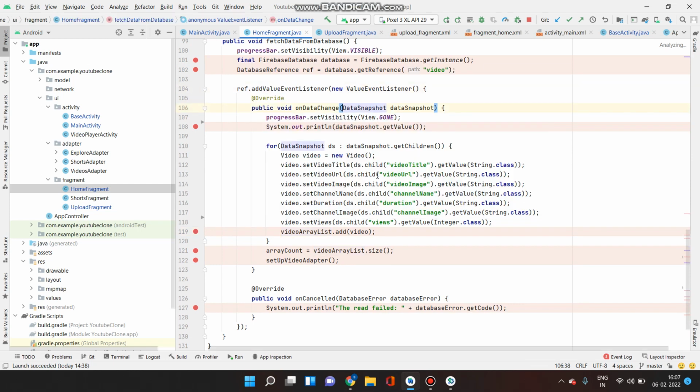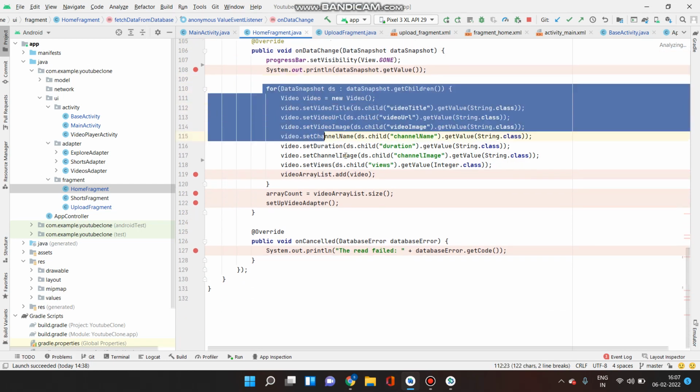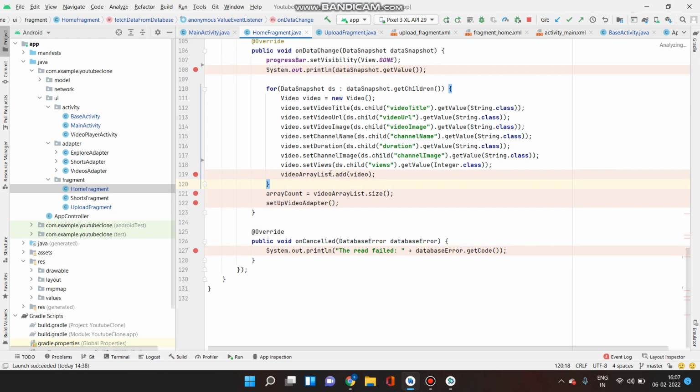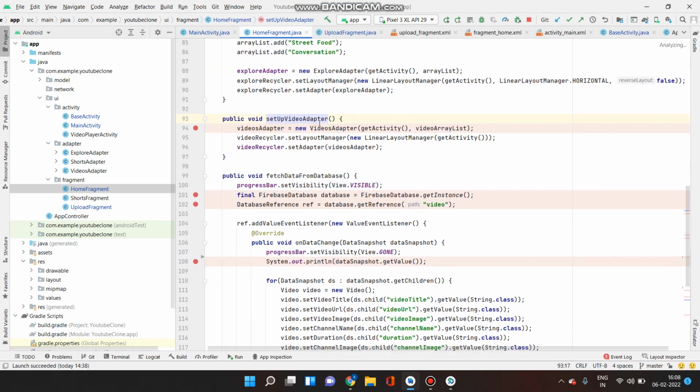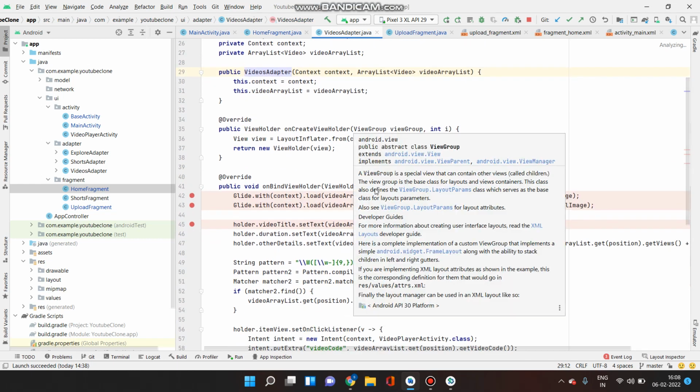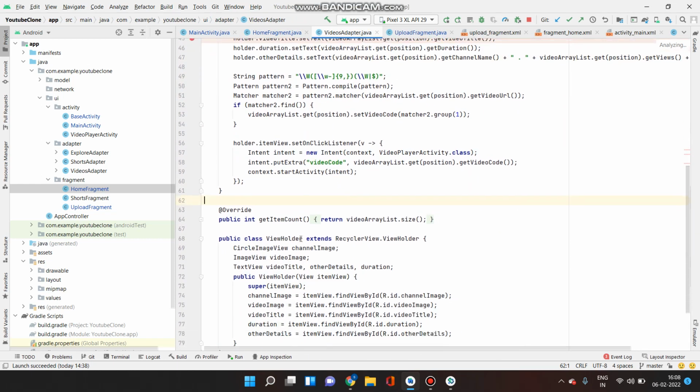So what happens is once we get the response from the database, I just run a for loop over here where it runs the loop and then adds all the videos that we get from this data snapshot into this video array list. So that's how we fetch all the data with these parameters. And then we just add it into our adapter. So after that, what happens is it just goes inside the adapter and all the data is getting set into the adapter.